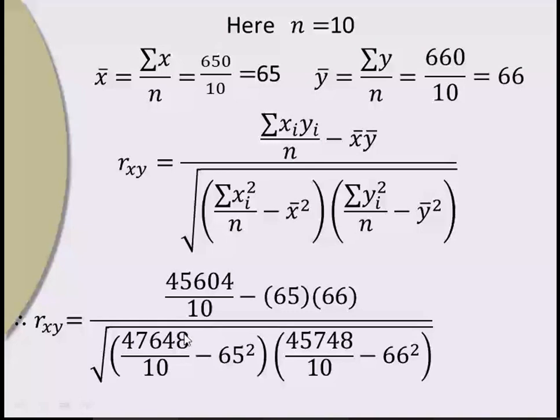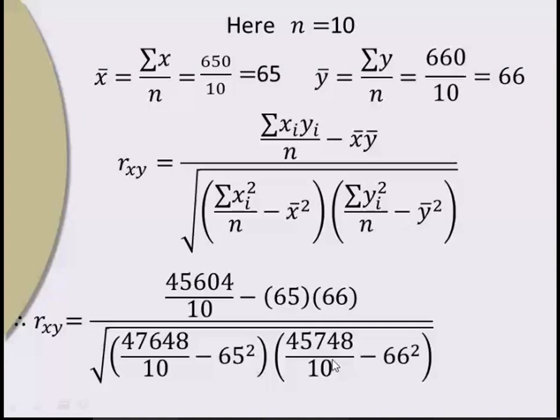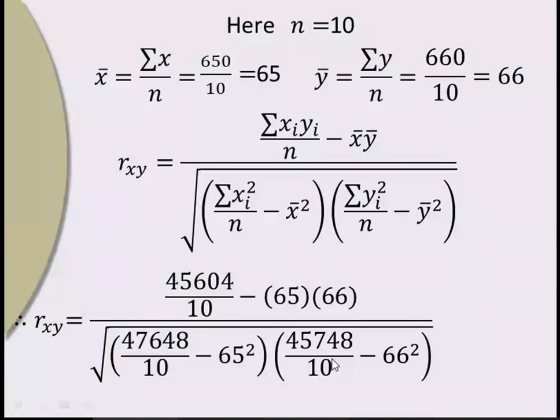And don't forget to check whether we are getting the answer between 1 and -1. If we are not getting the answer between 1 and -1, then somewhere we have made a mistake. So after getting the answer, don't forget to check. And after simplifying, we get the answer